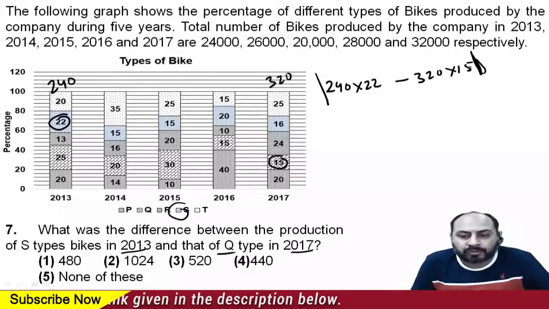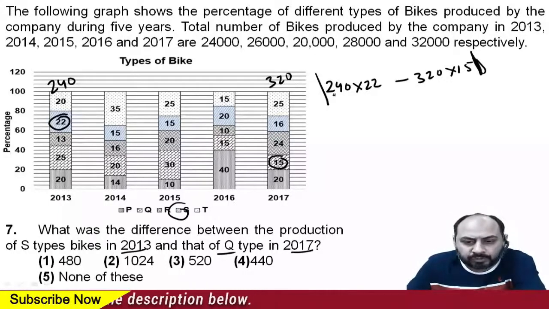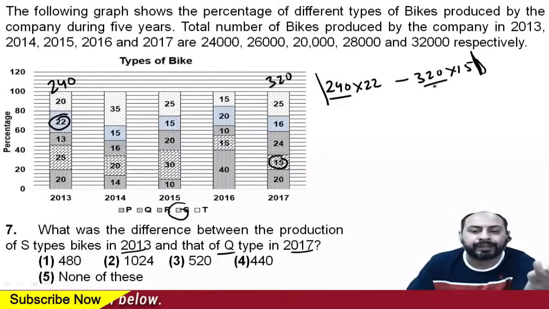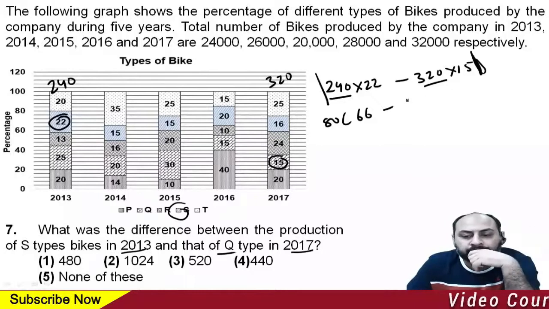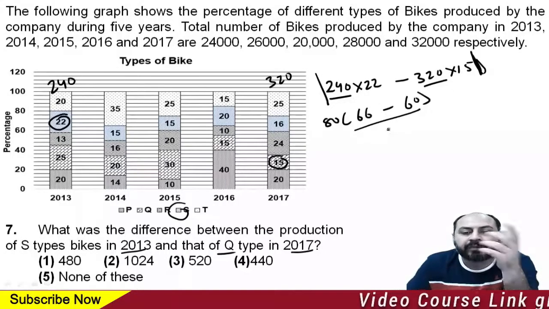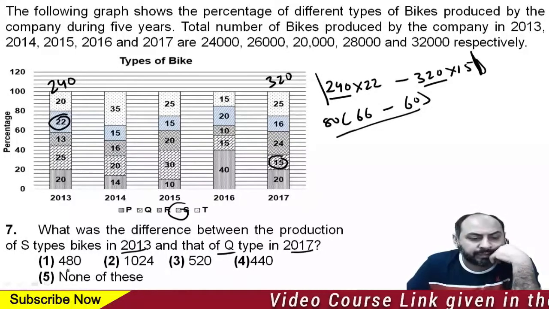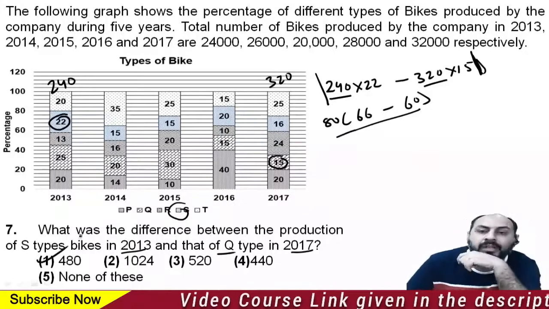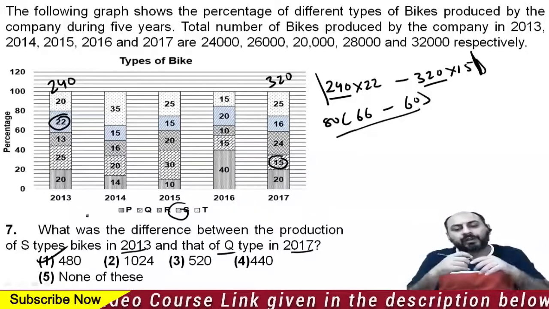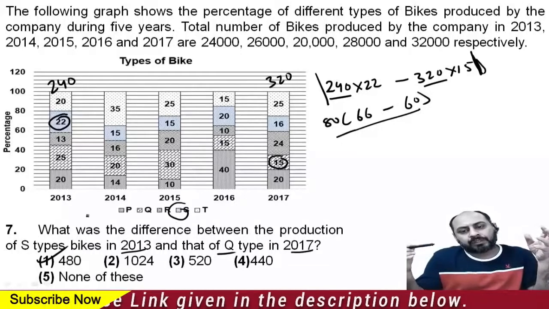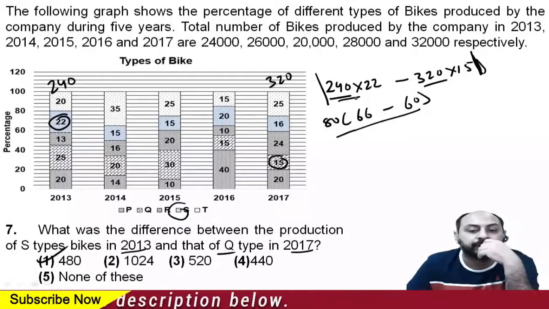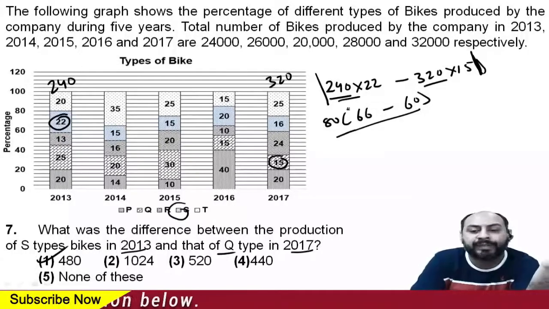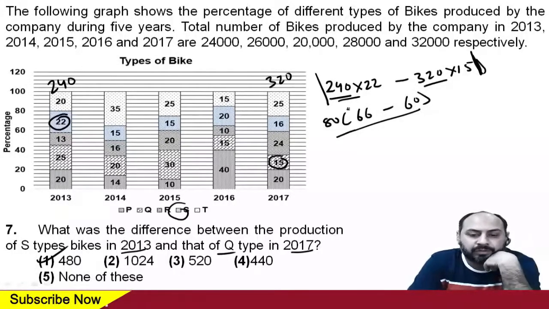So how do you go about solving this? As you can see, amongst 240 and amongst 320, you can take 80 as common. So 80, when it comes out, we'll be having 3 into 22 is 66, minus 4 into 15 is 60. So we'll be left with 6 into 80, that is 480. So option 1 becomes your answer, right? So you have to be smarter. It is not necessary that you do all the calculations in detail. You can just see what can be done while calculating this in a faster way, right? So what common can be taken out, and we can then solve it easily.